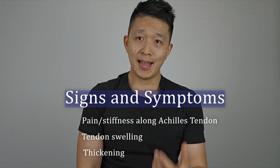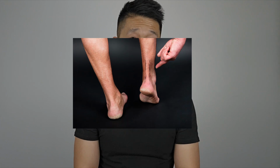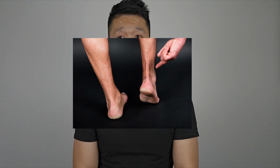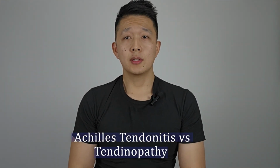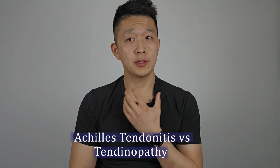So if you start to feel pain in the lower calf area around the Achilles region, and we'll have a graphic up here so you can see where that is, pay attention because it's most likely that you have an Achilles tendon issue. Now, an important thing to distinguish is the difference between the terminology tendonitis, which infers inflammation along